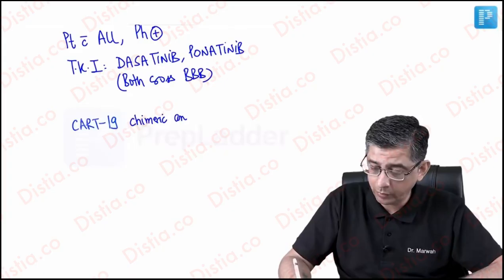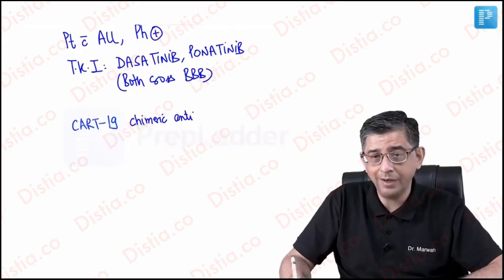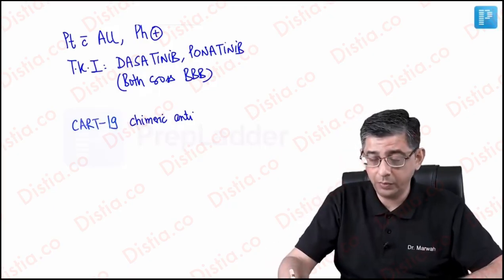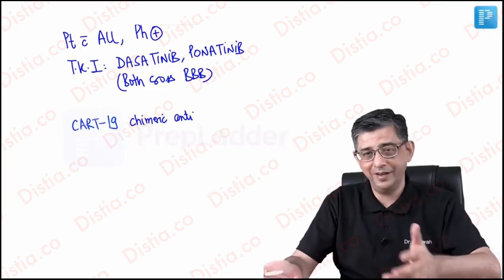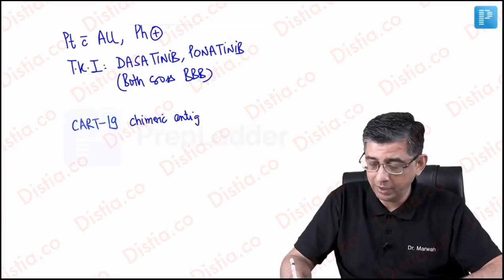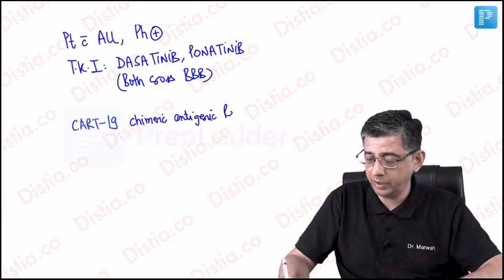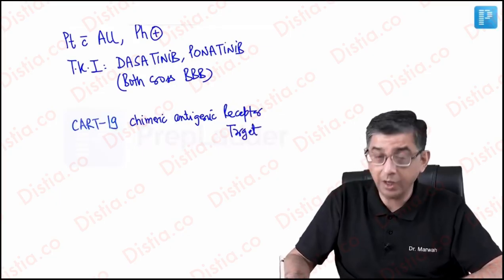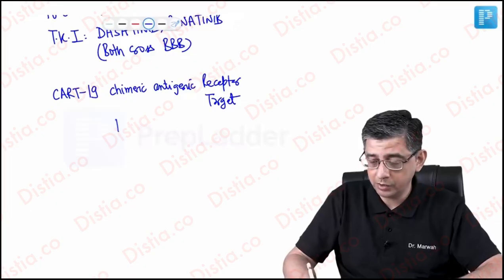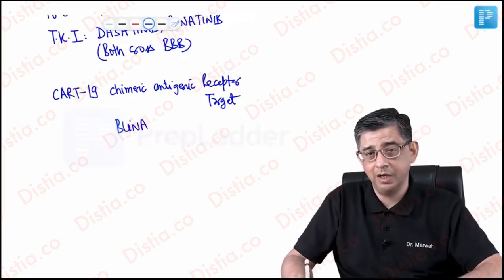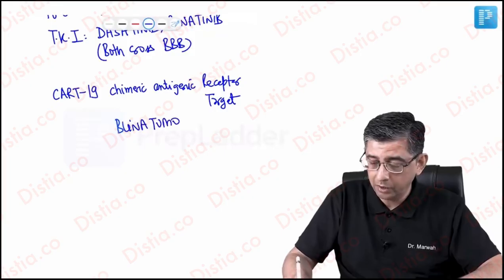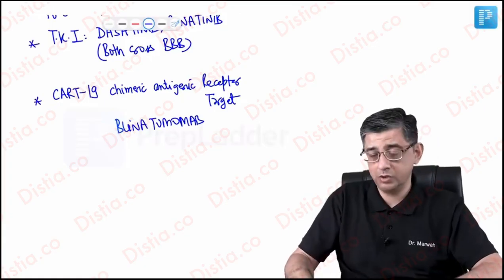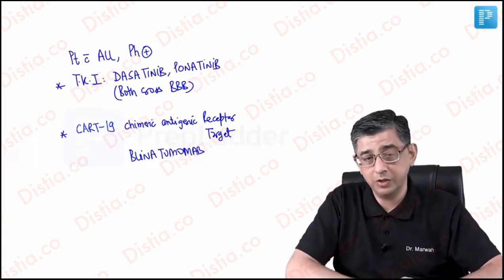So this is a brand new approach, and we call it a chimeric antigen receptor target. It's not a combination antiretroviral therapy that I'm talking about, like we read with AIDS, and obviously you can pick that up. It would be the chimeric antigen receptor target approach, and it's a brand new one, so that's why I'm spending some time on this. And the drug which is present here is to be remembered as blinatumomab. Now, once you remember these two brand new approaches for a person who has Philadelphia chromosome positive disease,